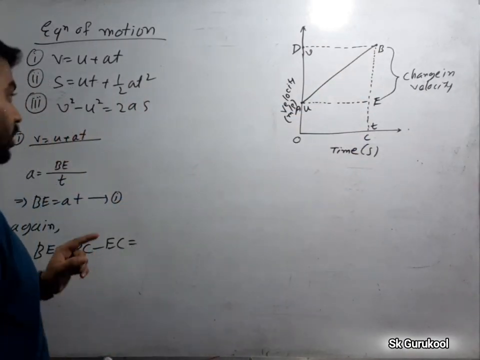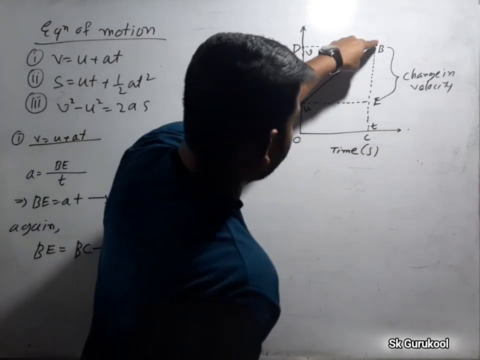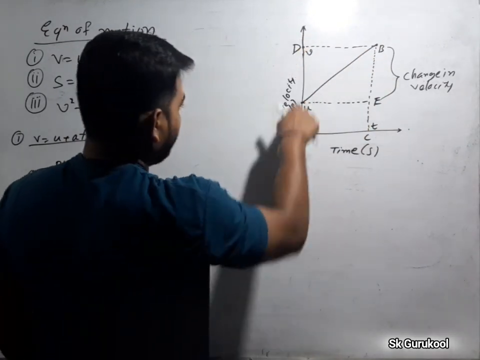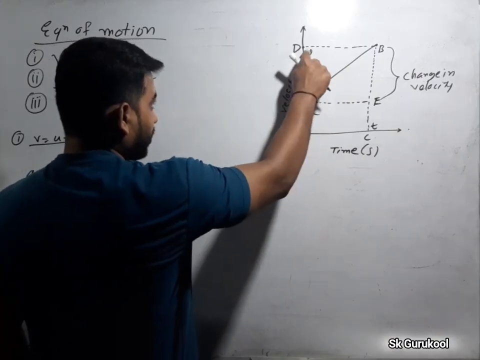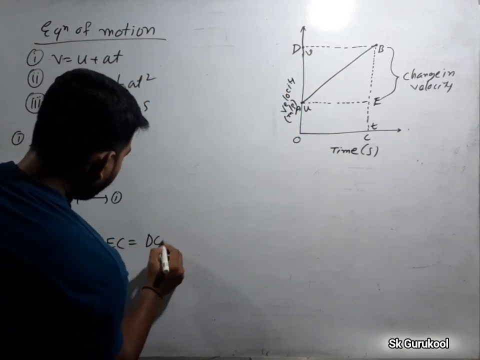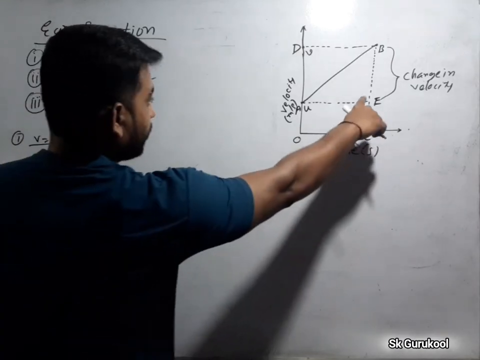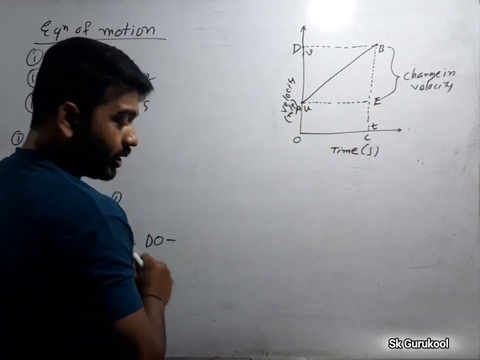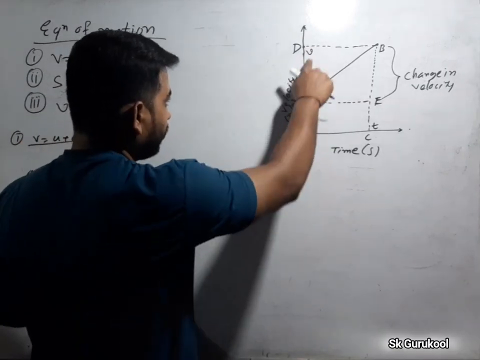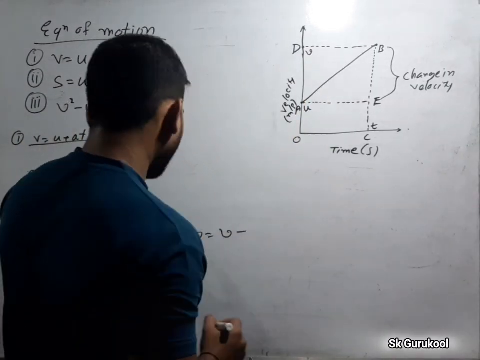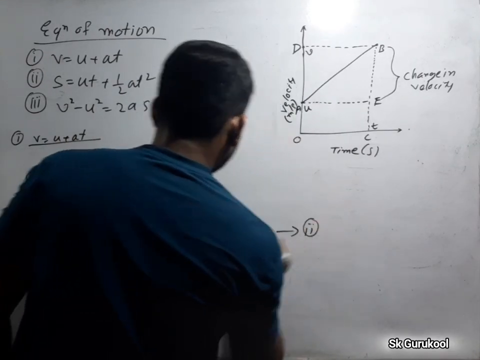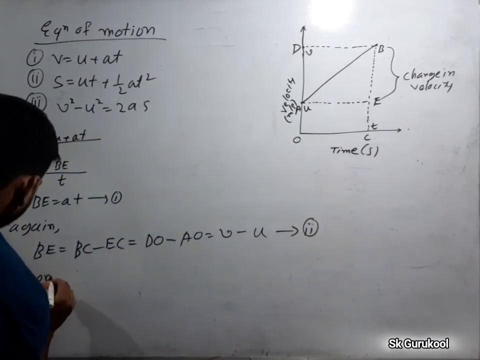EC. Okay, what is BC? If you see, BC height is the same as DO. What is DO? It means the final velocity v. So you can write BC as DO and CE you can write as AO. From the graph we have DO equal to v, final velocity, and AO equal to u, initial velocity. Okay, this is number 2. So from 1 and 2